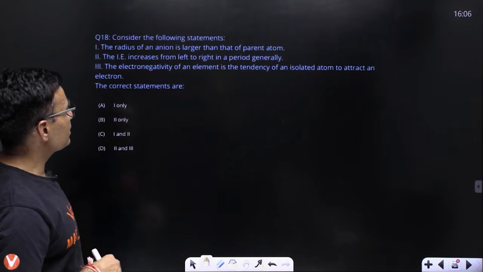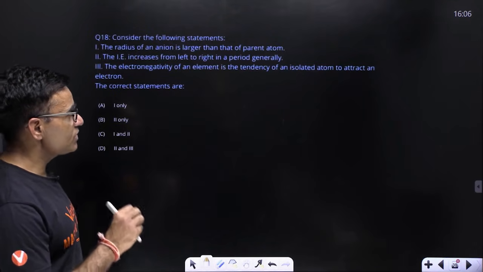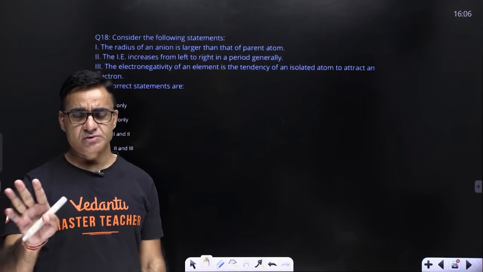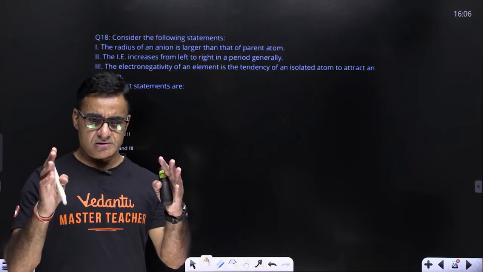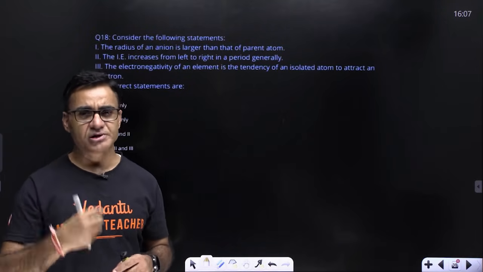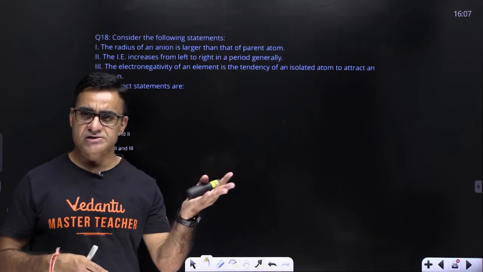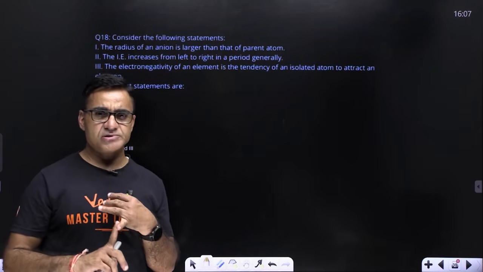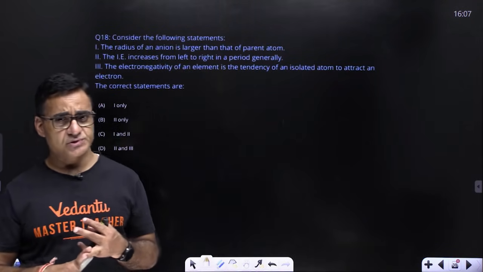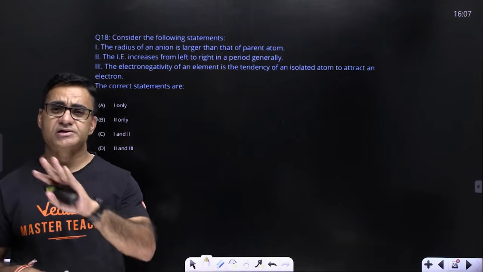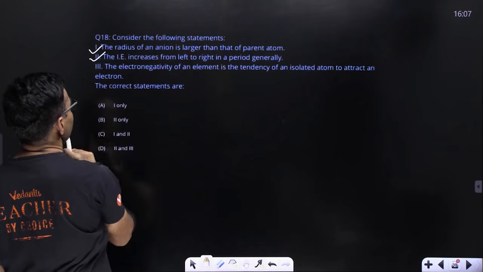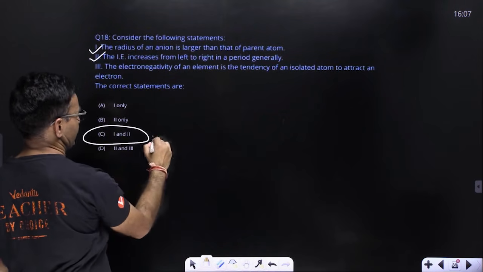And electronegativity of an element is a tendency of isolated atom, ये wrong है। Electronegativity is always defined in a bonded state, we always define it like this, the tendency or the ability of an atom to attract shared pair of electron in a covalent bond is called as electronegativity. So ionization enthalpy is defined in isolated atom, electron gain enthalpy is defined for isolated atom, but electronegativity is always defined in the bonded state. Okay, so 1 and 2 statement are correct only, third is wrong, so your answer is C. All right,